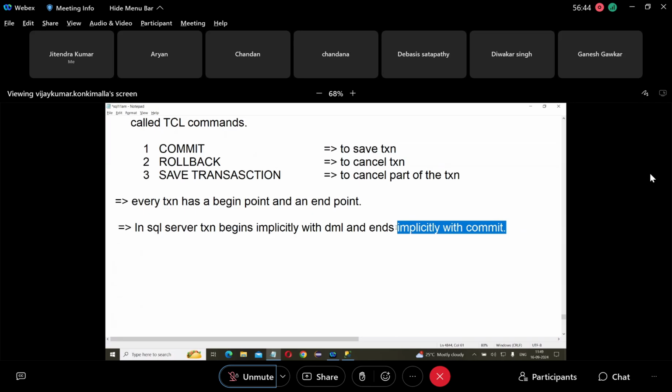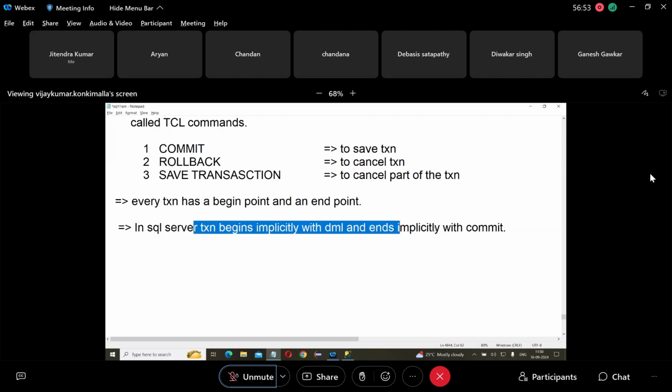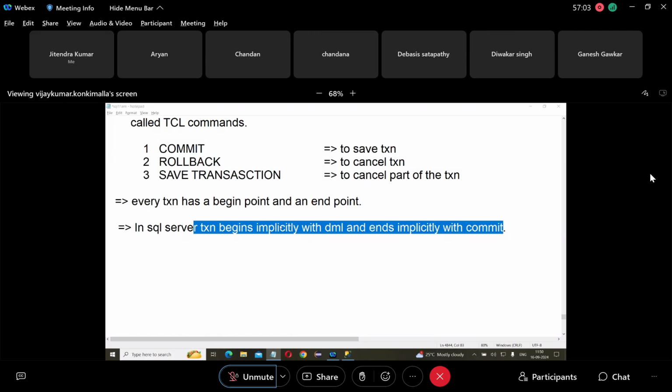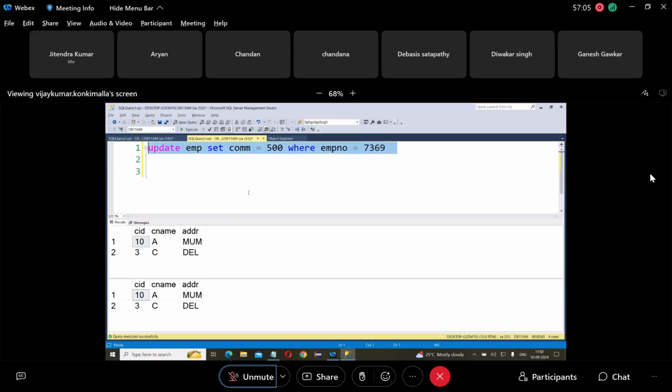Sometimes I want to end with commit, sometimes with rollback. You understood? So here it always starts implicitly and ends implicitly with commit. Suppose by mistake I deleted the row. I want to cancel that delete. You cannot cancel because it's already committed. So you cannot cancel it. That's why